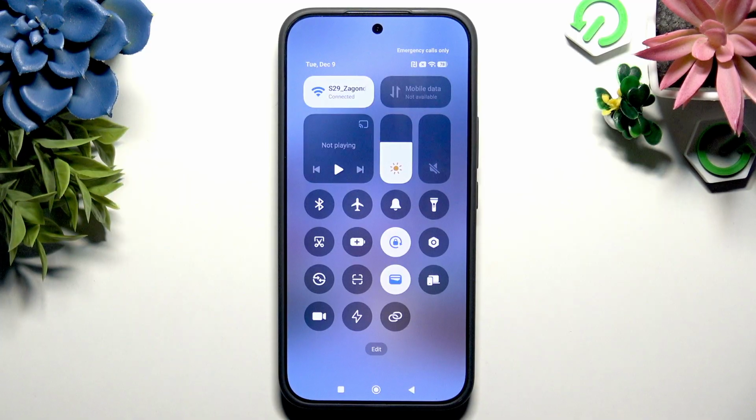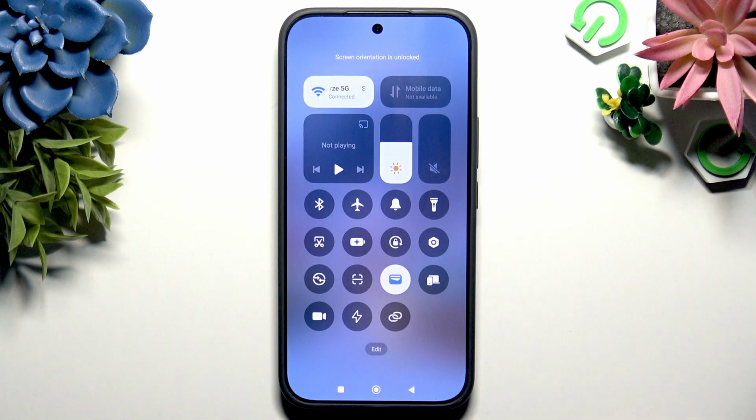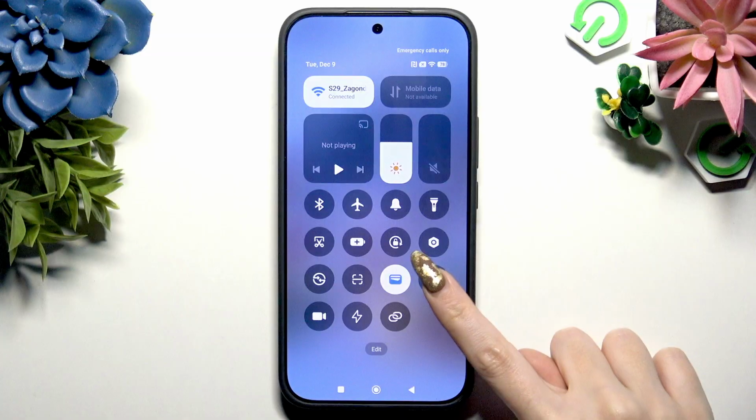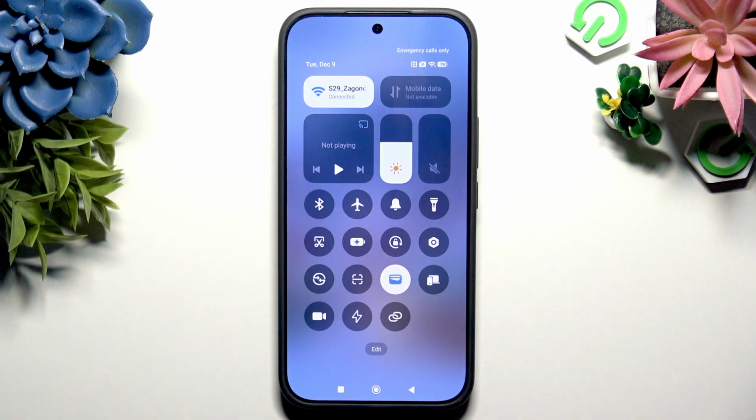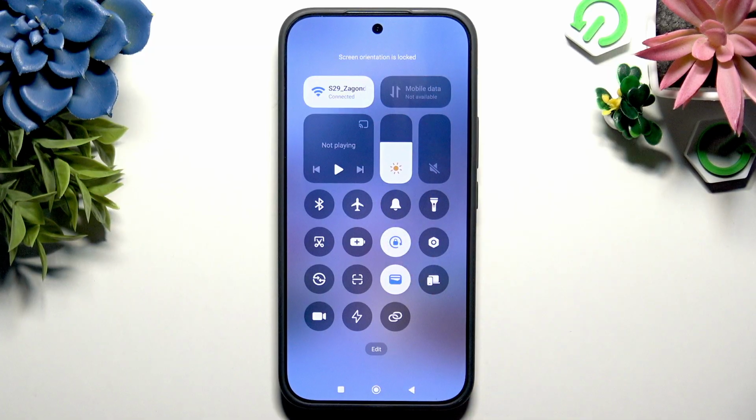As you can see, mine is blue, but when I click, it turns white and the whole shortcut is gray. That means that auto rotation is now enabled. Why it looks like that is because it's not actually auto rotation. This feature is called orientation lock, and when you enable it, it will lock your screen orientation in a current